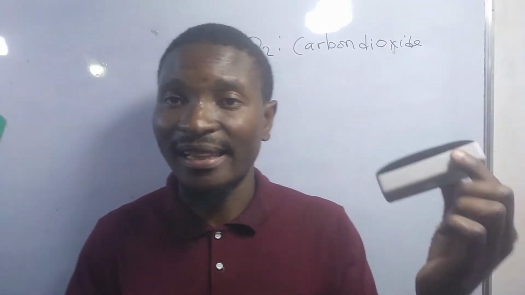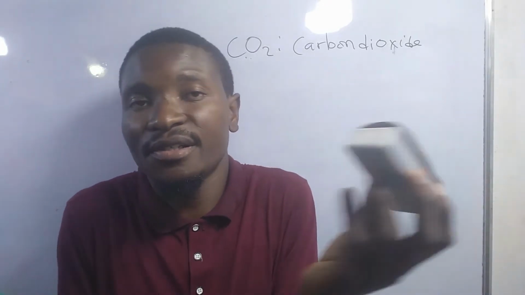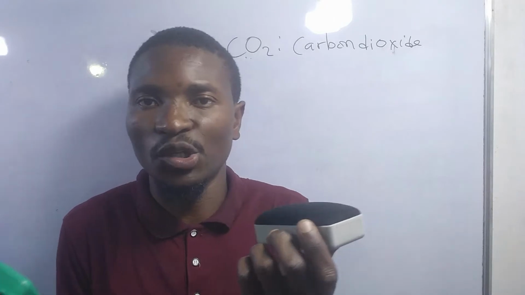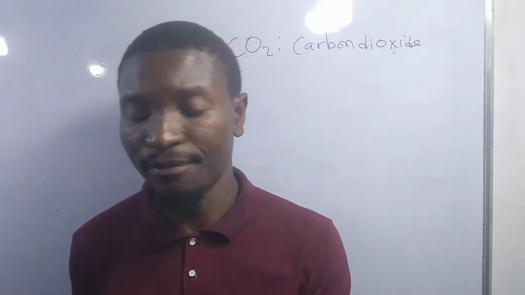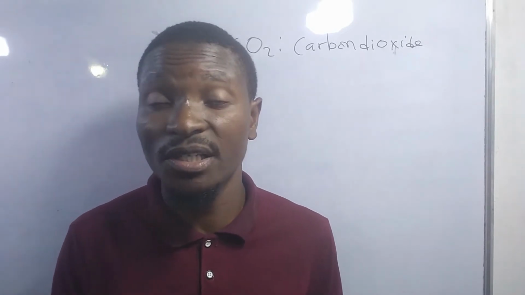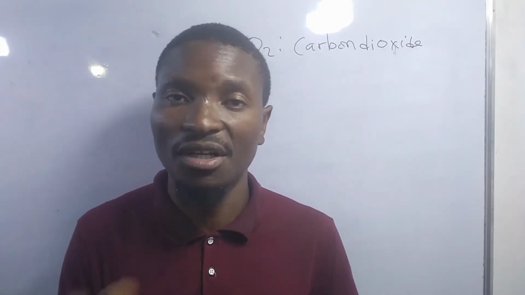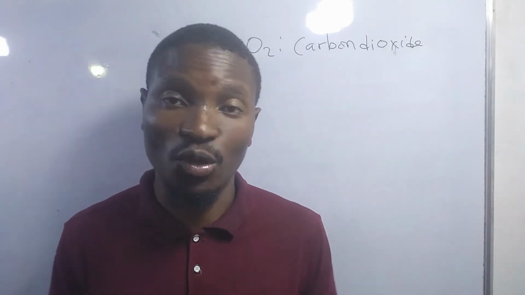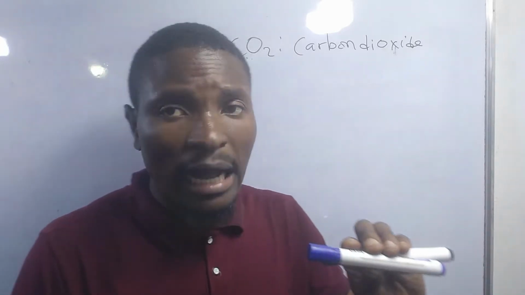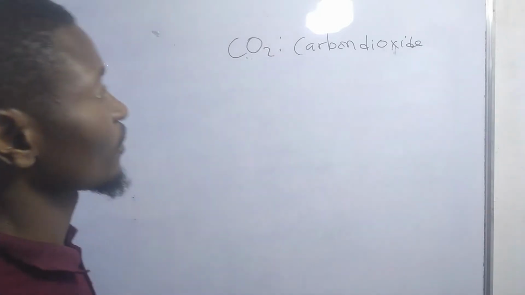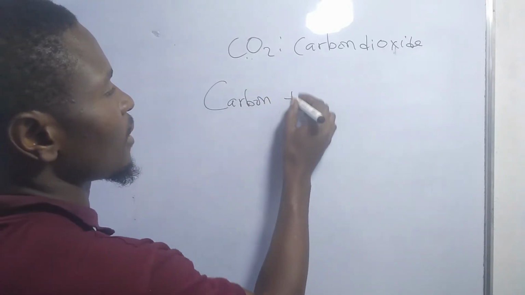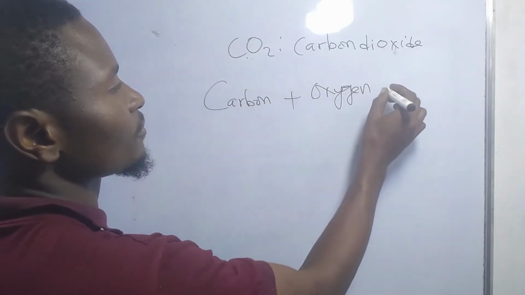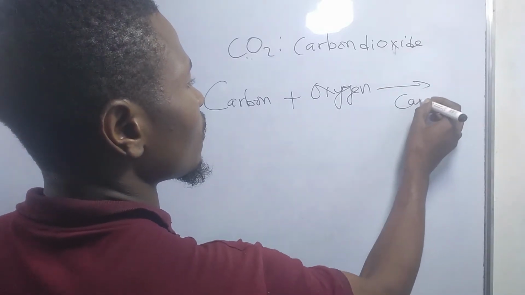So I'll give an example of these two dusts. Let's imagine that the small dust is maybe oxygen, and the bigger dust is carbon. Now let's see how the combination comes in. I hope you do understand the concept of a chemical reaction or chemical combination, how compounds or other single substances or elements are formed. So how is carbon dioxide formed? We have carbon plus oxygen gives you carbon dioxide.